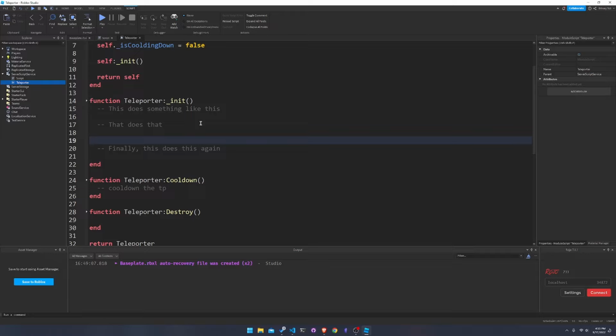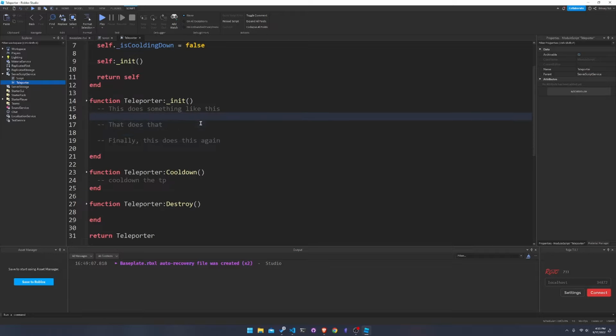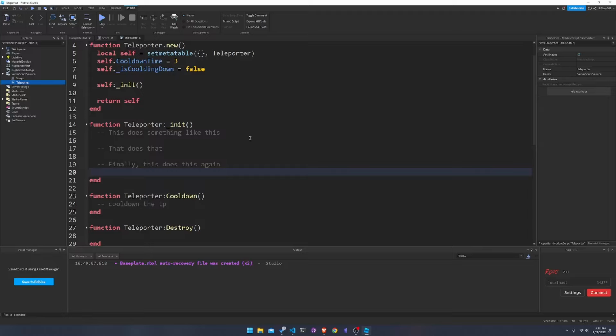Don't let other people ridicule you for not doing good code practice, because ideally in a perfect world you wouldn't need to write comments because your code would just basically explain itself, which obviously is never going to happen, so you need to write comments. But yeah. At the end of the day, the most important part of